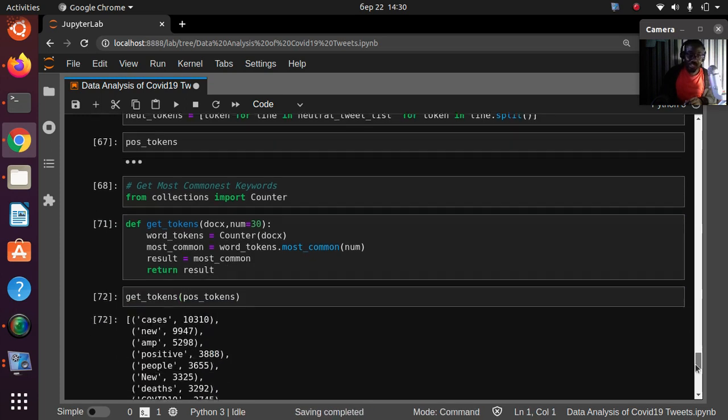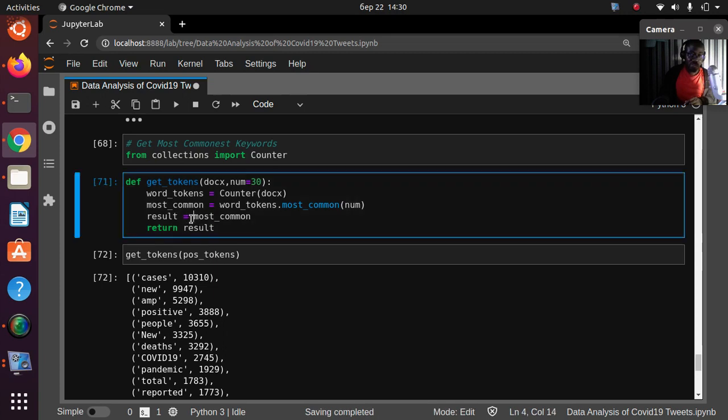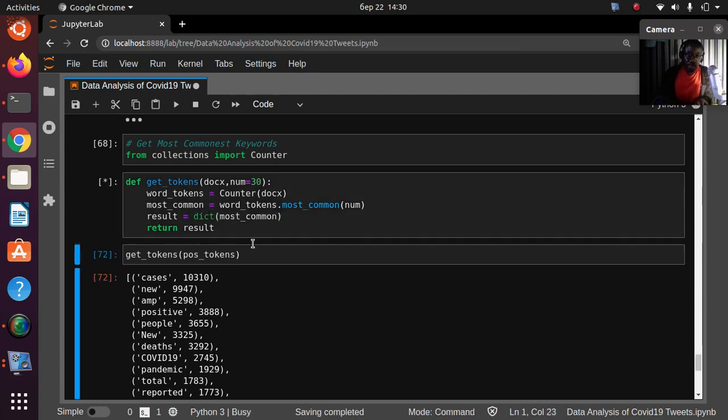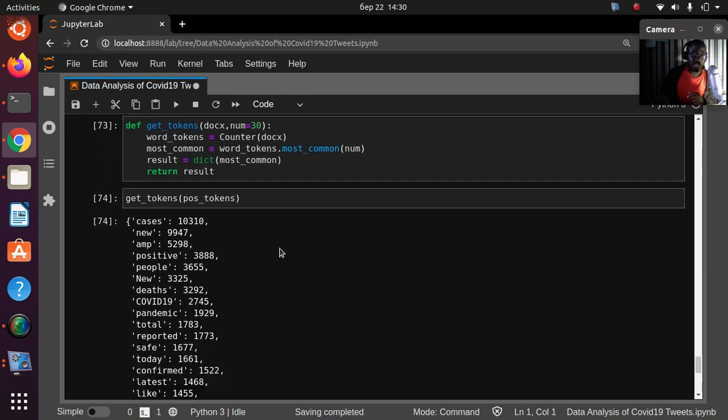So that's given to us in this particular option, but we want it in the format of a dictionary. So I can just convert the entire stuff to a dictionary. Dict. Always get things in dictionary. If I go back now, it's going to be in the format of a dictionary, which is better, right? Perfect. So now we have gotten the entire stuff in the format of dictionary. So the highest words within our positive tokens is what? Cases, right? So cases, new, amp, positive, people, new, dev, COVID, pandemic, and you can actually plot this one out,